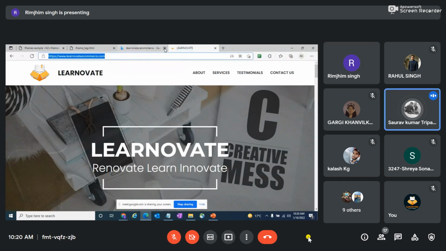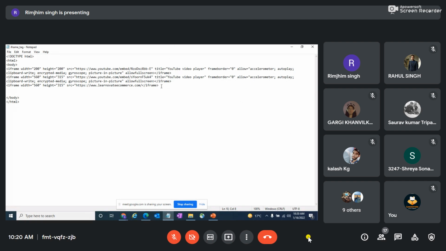The angular bracket is not closed. Yeah, let me check it. After the URL, yeah, it is closed, if you see /iframe. No, ma'am, before that. iframe with SRC, greater than symbol. Okay, here. Yeah. So let's run it and see what my output is.